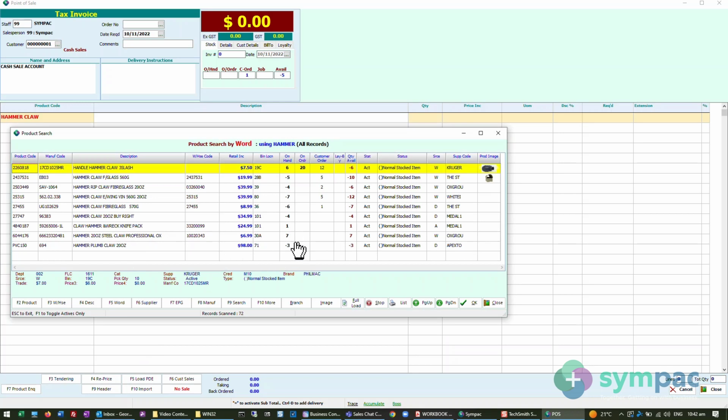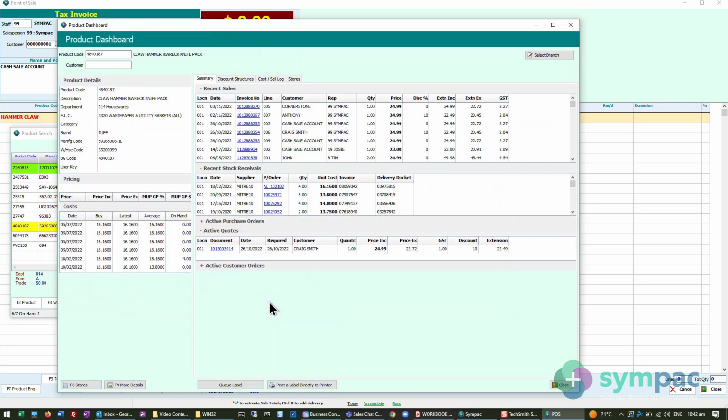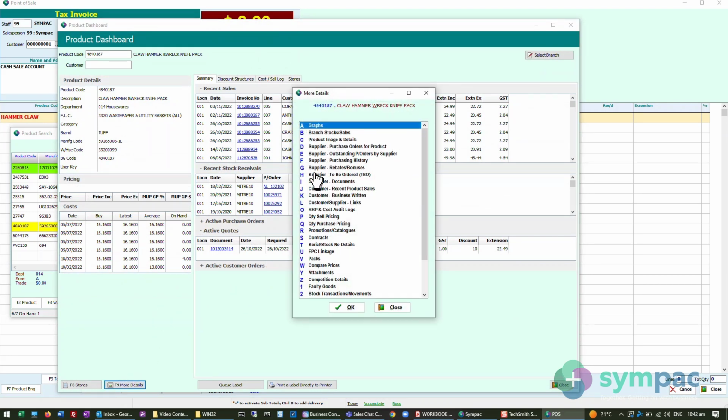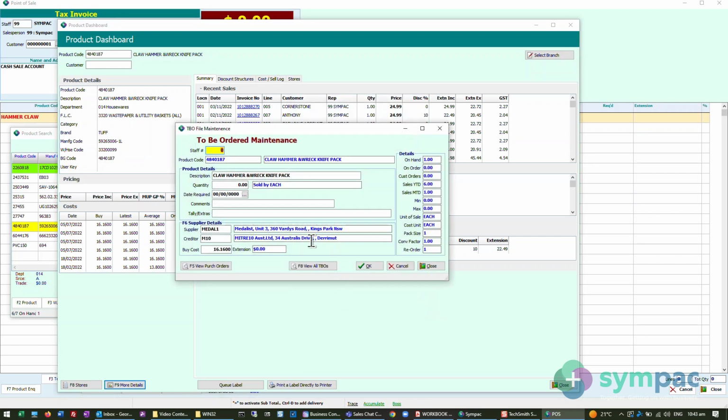and we can see here we've only got one of these, we might want to top that up a bit. There's a couple of ways that you can go about it. You can go F10 more detail, and then F9 more details. And we've got an option here, option H, to be able to add that item into the to be ordered bucket. So again, we want our staff number, the quantity,